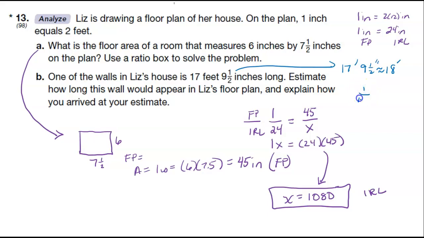So I know that it's 1 to 24, so if this is 18 in real life, what would it be on the floor plan? So that would be 24x is equal to 18. X is equal to 18 over 24, which is,